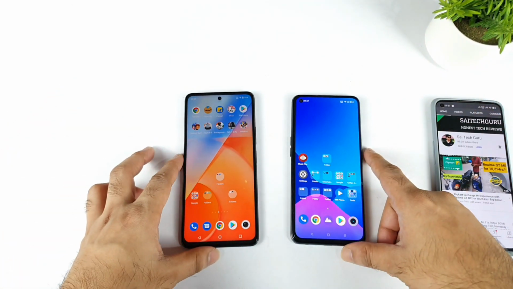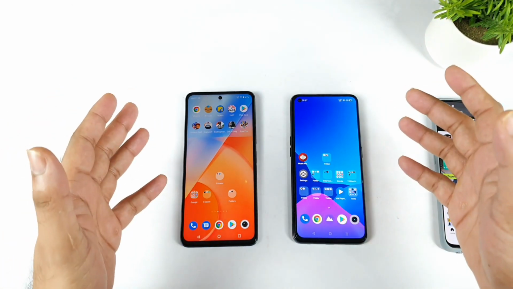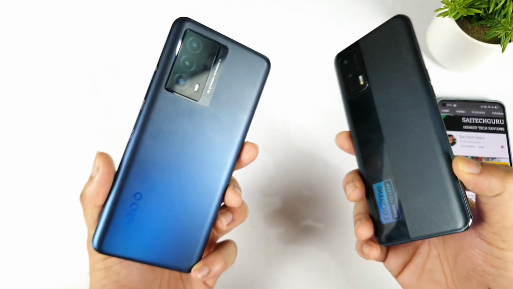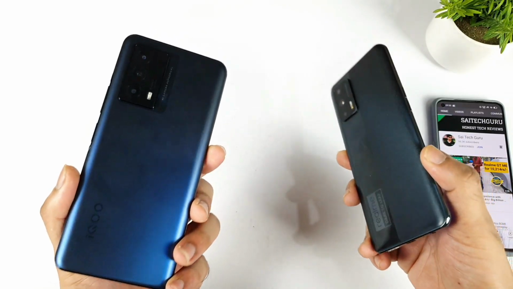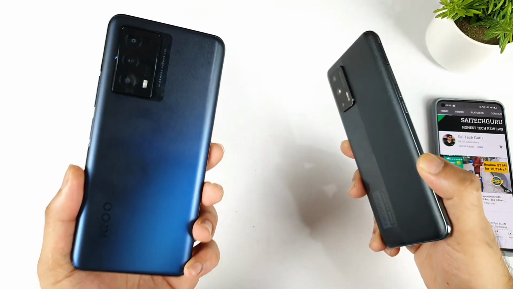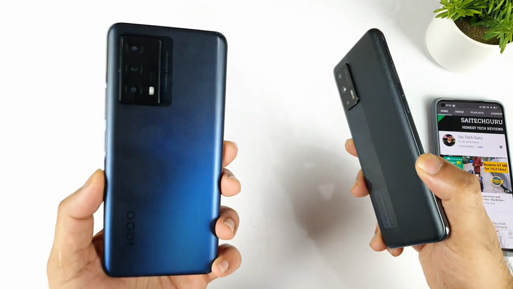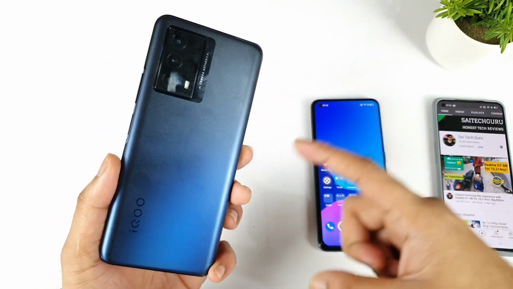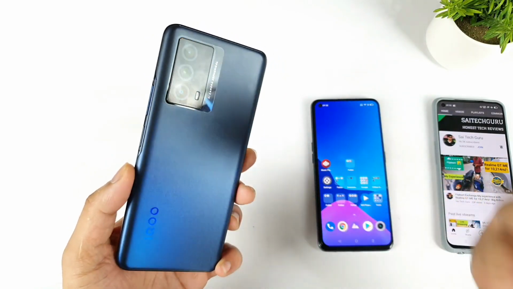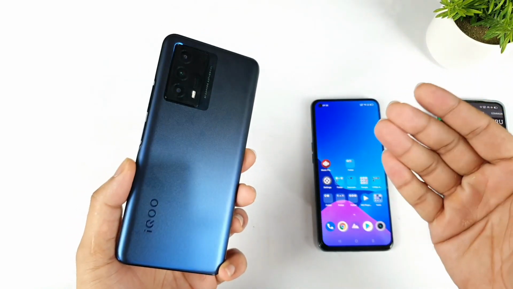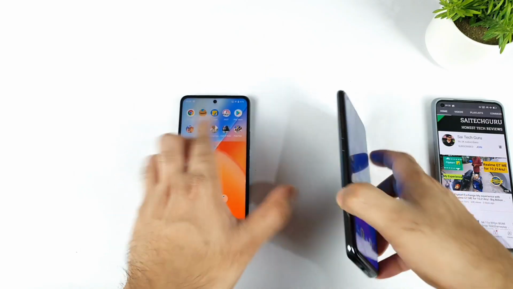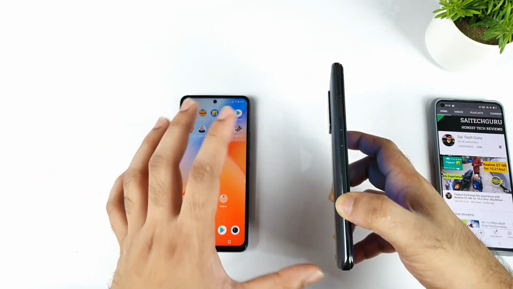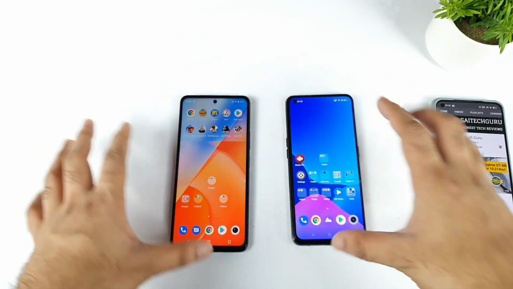In this video, I'm going to do the UFS storage 3.1 read and write speeds comparison between the iQOO Z5 and the Realme X1 Max. Both phones have UFS storage 3.1, but let's see which phone has what kind of read and write speeds. The main reason is that iQOO informed that the UFS storage 3.1 in this phone is an enhanced version, but let's see how much it is enhanced when you compare it with the actual 3.1, and whether we can find any difference between these two phones. That's my main point in comparing these devices.